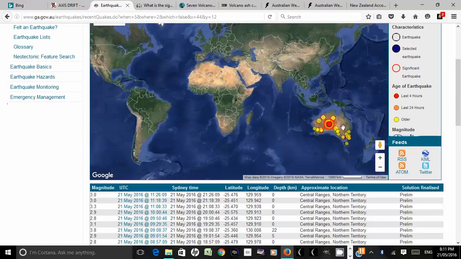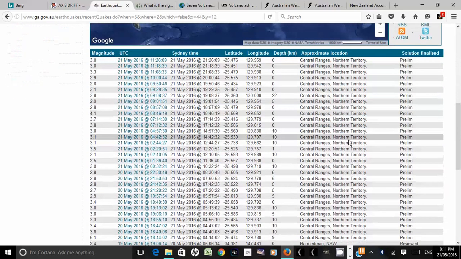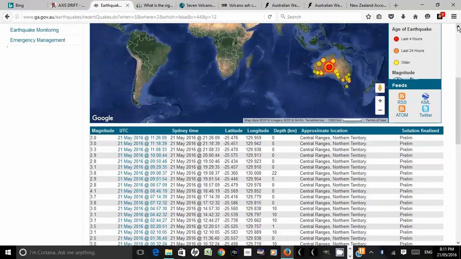But my point there is that we are having some pretty big significant earthquakes. If you go through these, 4.1, 3.5, 6.1, 3.6, there's some pretty chunky earthquakes in there. Now, you might have all followed the